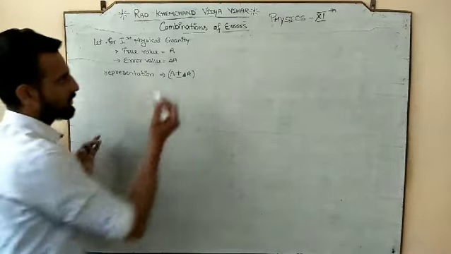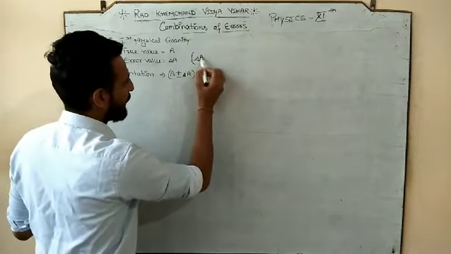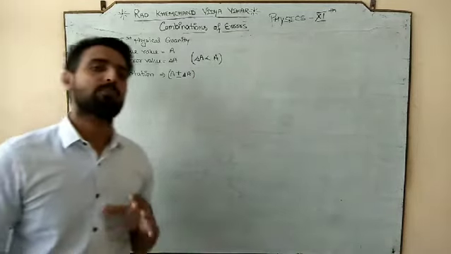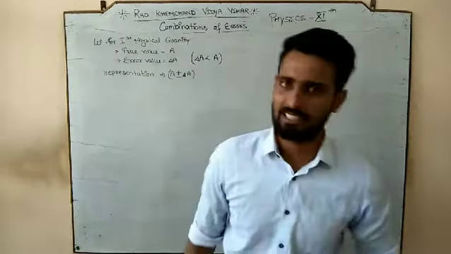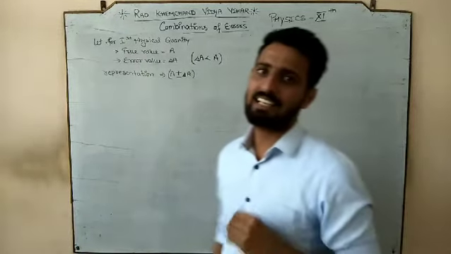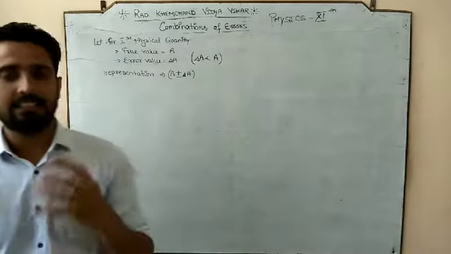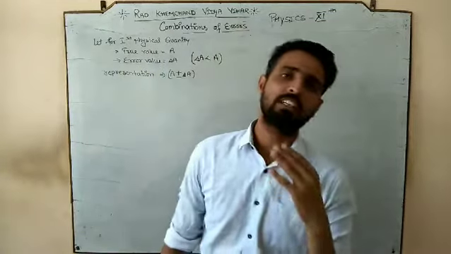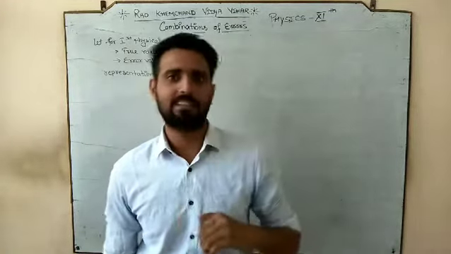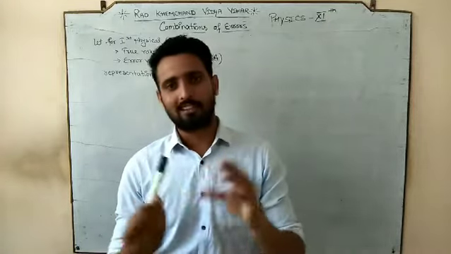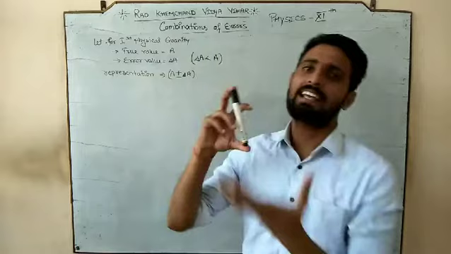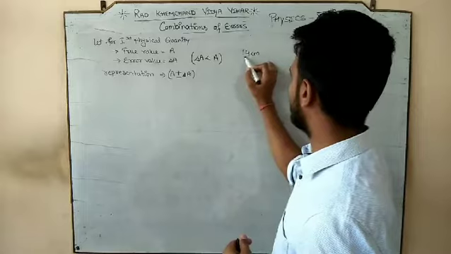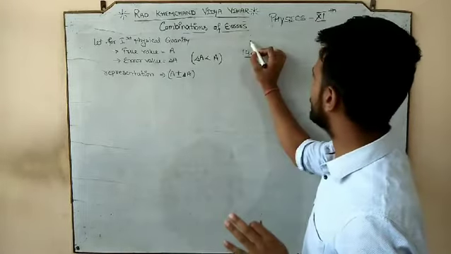But one thing I want to discuss about this. Please note, it is a very small but very important thing that we are going to use further: delta A is less than A. Meaning the error in the first physical quantity is always less than the true value of the first physical quantity. For example, as I always give, the length of the marker. Let's suppose the length of the marker is 14 centimeters. So this is its true value, this is your A.